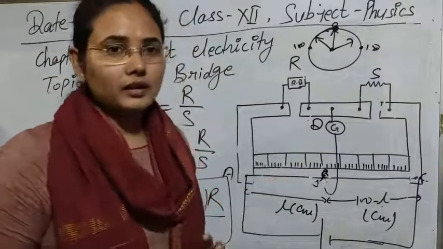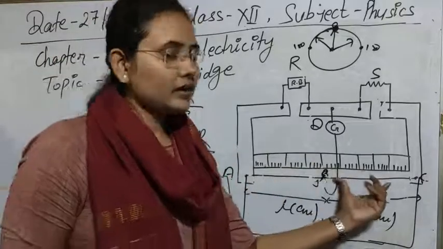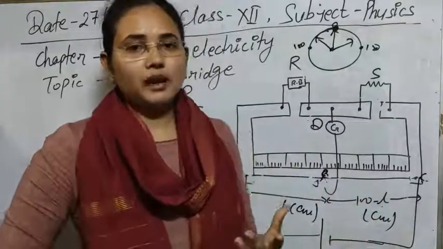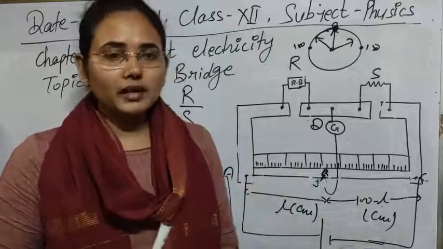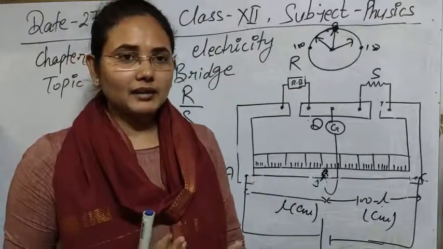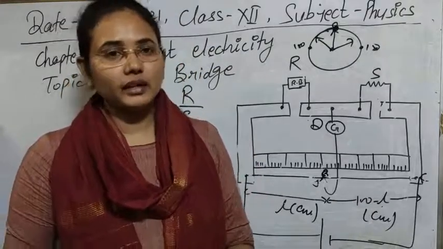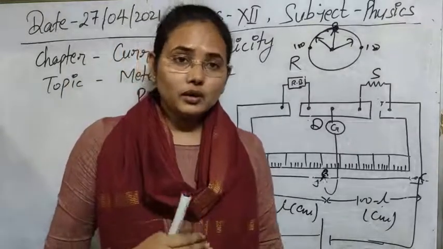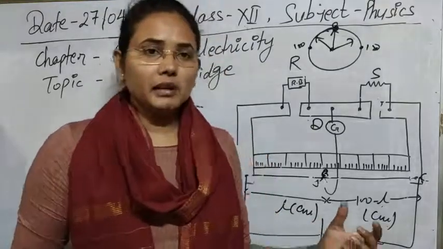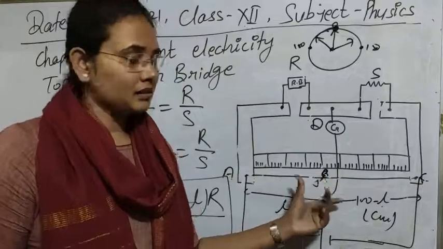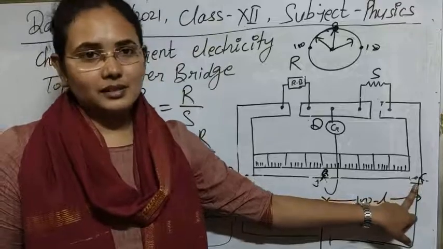That is all, I think now clear. In this case, some small points that you should note also. First thing, the wire that we are using here, we have made it using material like Constantan or Manganin wire. So you know that Manganin and Constantan are used to make standard resistors. Previously we have already discussed it, because they have the property of low temperature coefficient and high resistivity. So that's why we can make a standard resistor using them. So it means that the wire we have used is already behaving like a standard resistor here.